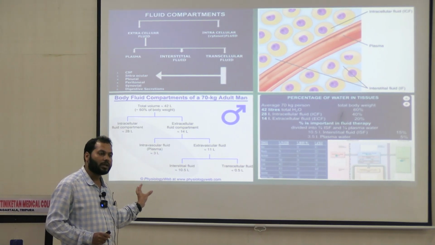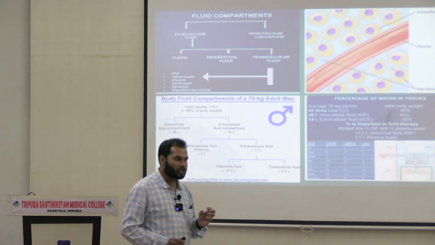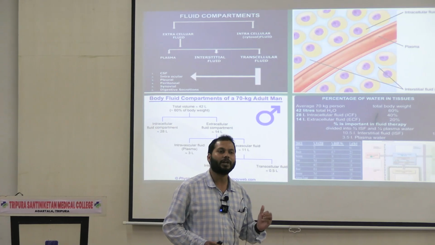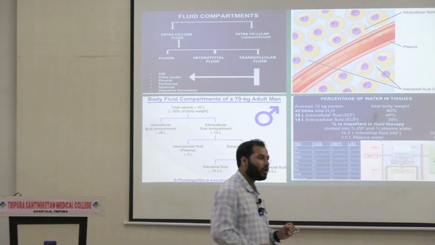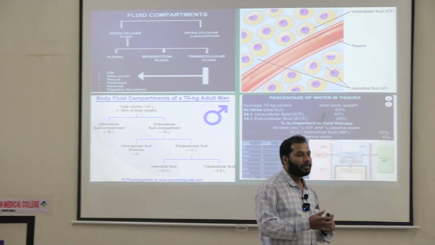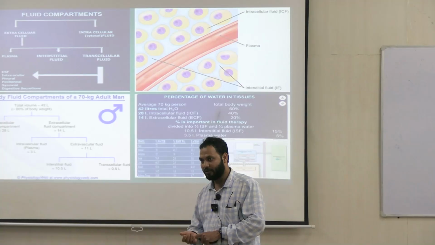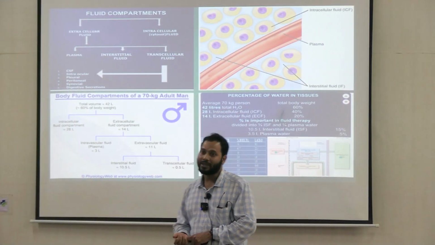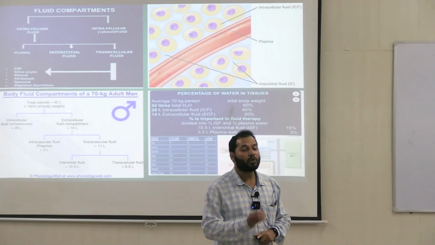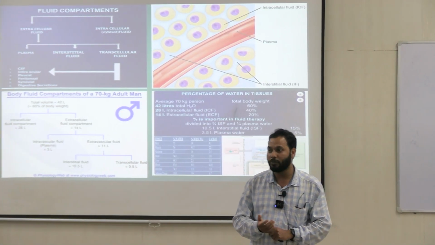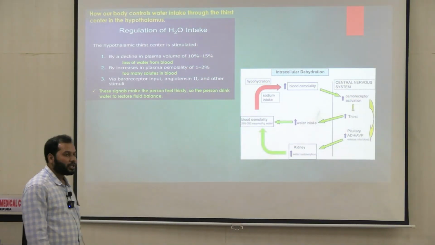So this chart gives us a clear picture of the percentage distribution of body fluid in different compartments, which is very essential to know, because we know that maintaining body fluids in a specific compartment is very essential for physiological functions. Since it is physiologically important, we must know about their concentration, volume or amount present in different fluid compartments. Now see,